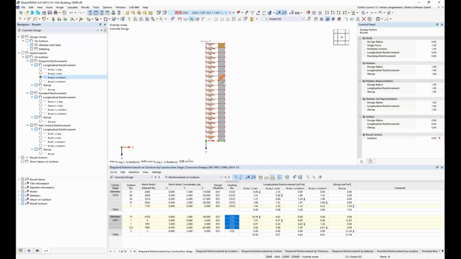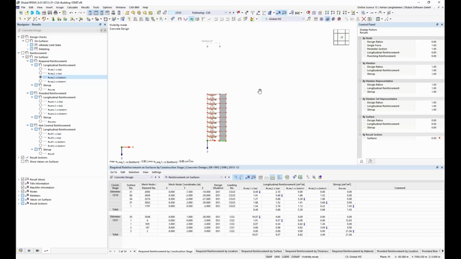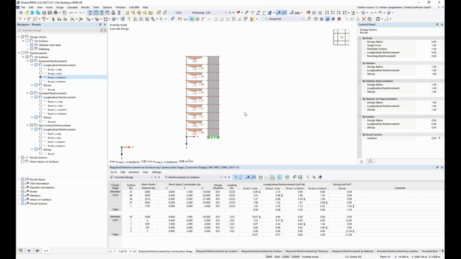can here choose the construction stage, and if concrete design is chosen here, then I see the results for the concrete design for construction stage 21. If I switch, for example, to statistical analysis, I would see the internal forces of this construction stage 21. And here I also can switch to our user-defined combination, or to construction stage 10 with the user-defined combination, and then I see the results of the design for